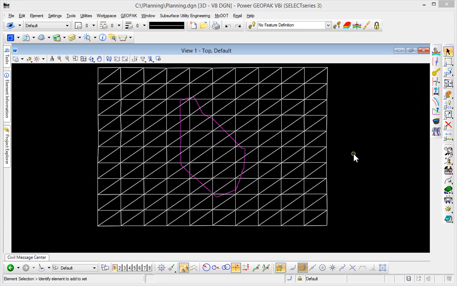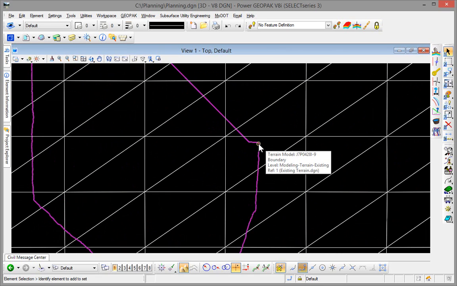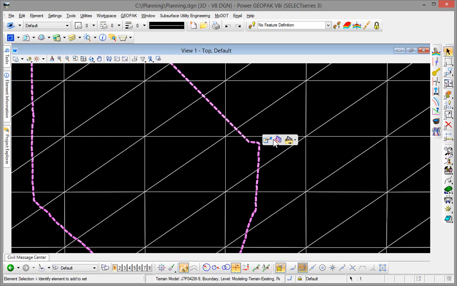And now that we have the file referenced in, before we go back to a transparent view, let's go ahead and make that terrain model active so that when we design our corridor, the slopes or the end conditions can target that terrain model. To do that, I'm just going to use my wheel mouse and zoom in a little bit here on our terrain edge, and I'm going to hover over it and select it and allow the context toolbar to open up, and then I'm going to select my second icon here to set that as the active terrain model. And so now that is an active terrain model,